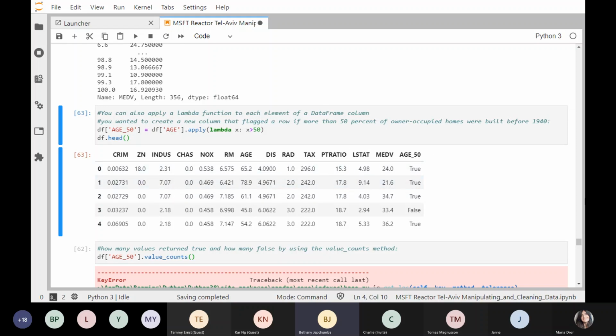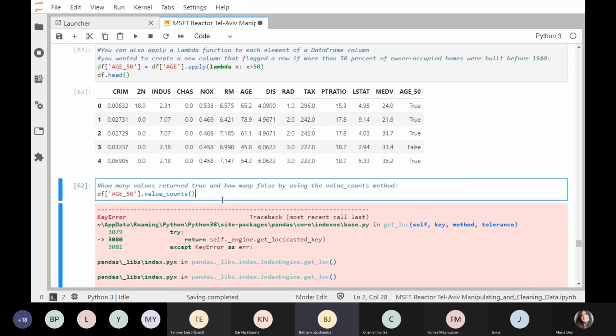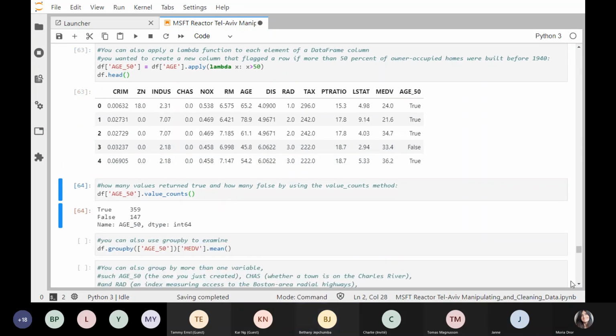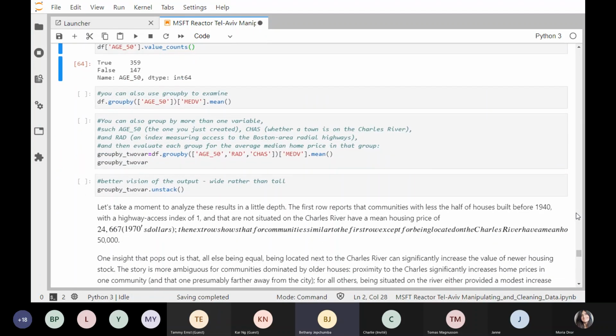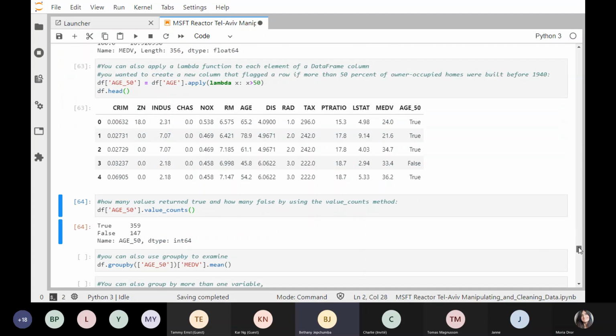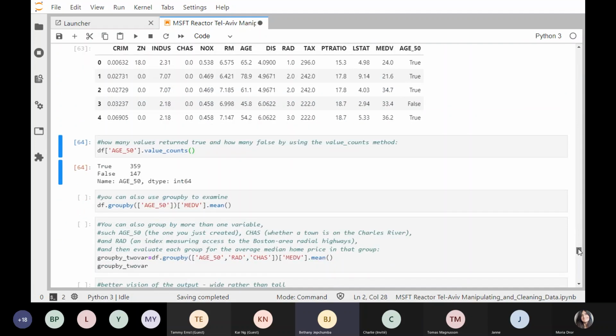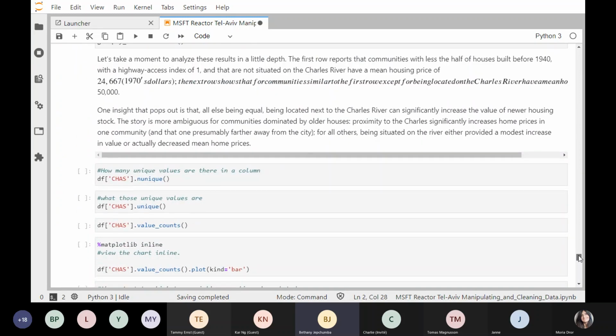So we now want to find the value counts. Value counts will now tell us how many are true and how many are false. So that's what it gives us. So you can go and experiment with group by, value counts, and also lambda, to be able to do different operations on the different values. So maybe I can just do one or